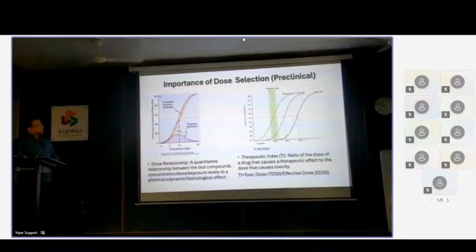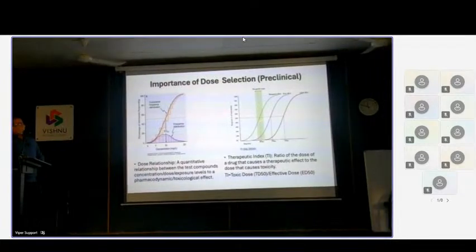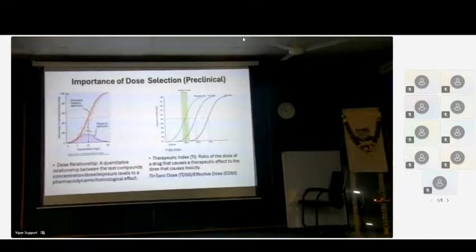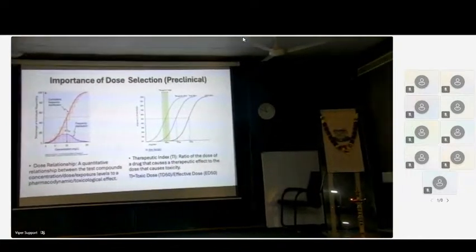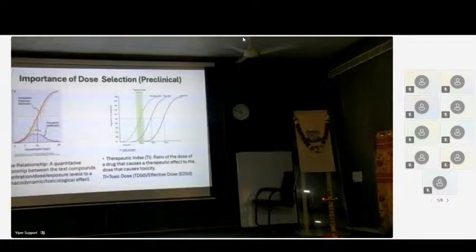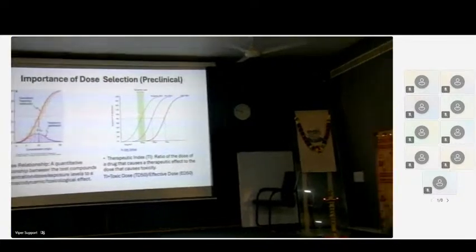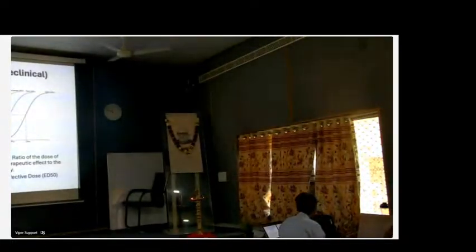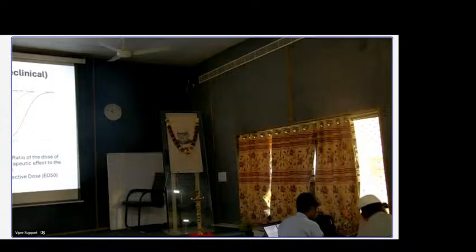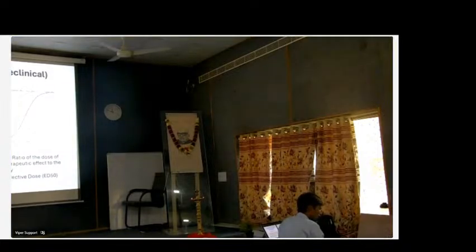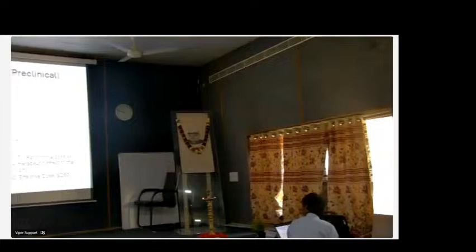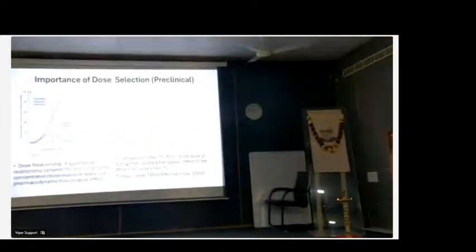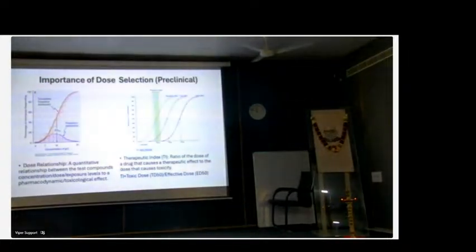So the sigmoid curves could be many things. If you are using within the therapeutic range, you can establish an effective dose, the pharmacodynamic activity. If you do a toxic dose, you can establish a toxic dose. Between these two sigmoidal curves, if the gap is wider, that gives a higher therapeutic index. That means you can play with the doses a little easier. But if it is a bit narrow, then your pharmacodynamic activity could overlap with the toxic effects.